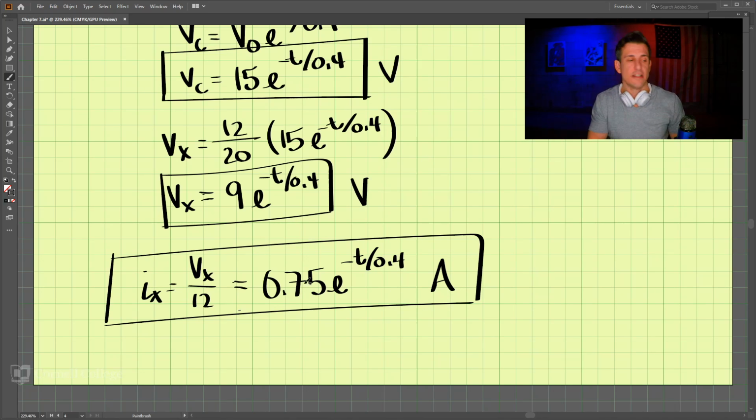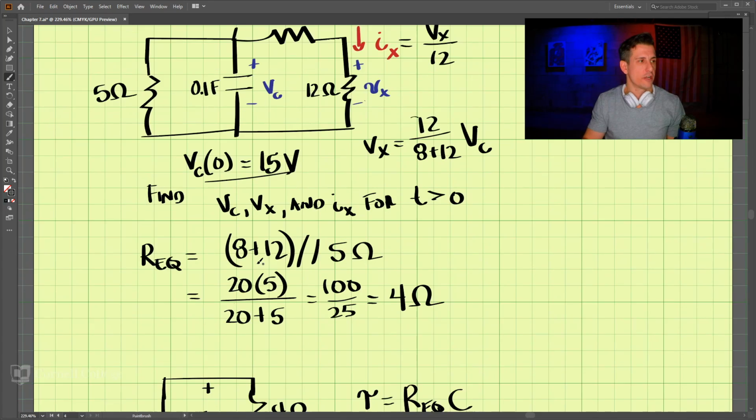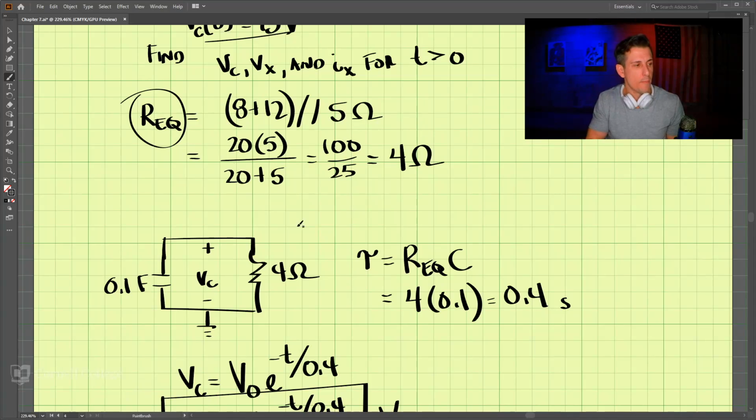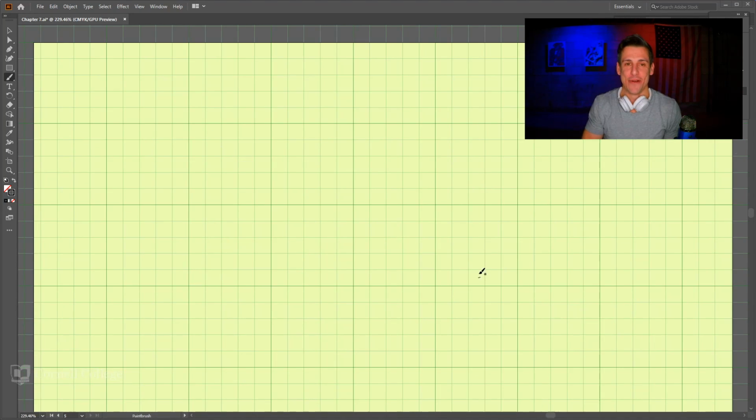Okay, so that is a quick example of how we took this source-free circuit, with no sources, and combined all of the resistors first to find Req. And then by simplifying the circuit to this, we can then use our equation here to solve the rest of the circuit. We will now cover the source-free